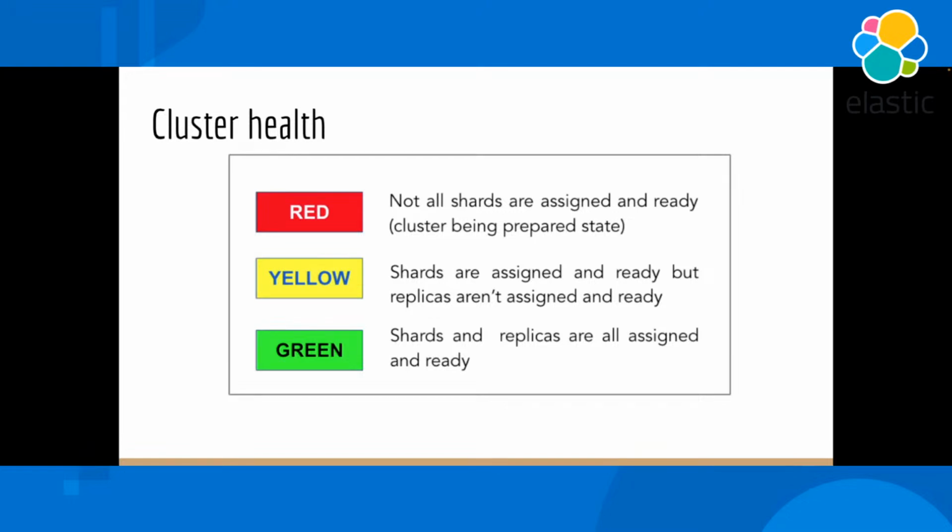You cannot sit on your chair and say, oh, it's red, I'm going to come back and fix it tomorrow. If it's production, you jump on it and start fixing it. Obviously, expect it to be green all the time, but sometimes you may have yellow, which tells you that something is imminent, and you have to look at that cluster health in detail.